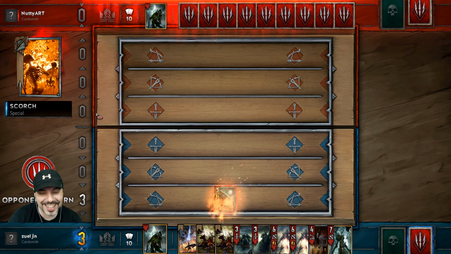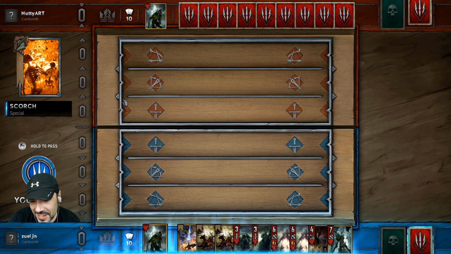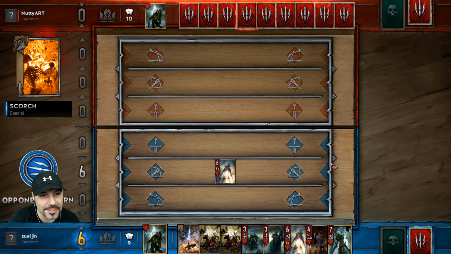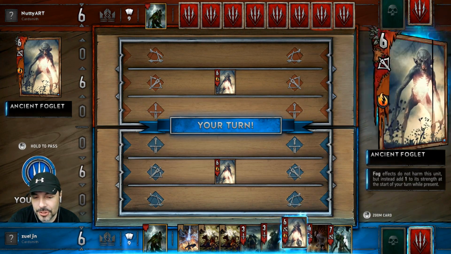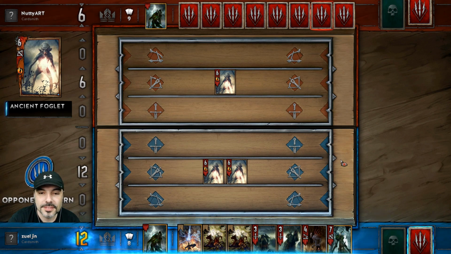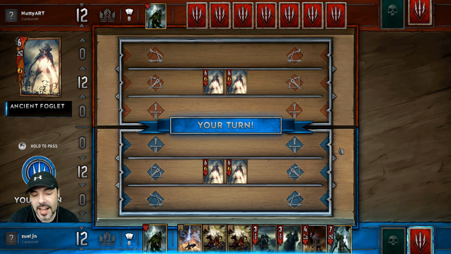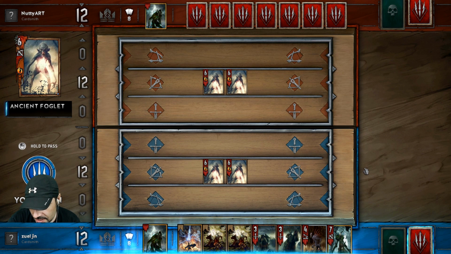Yep. That's what I thought. Alright, that's okay with me. Let's go ahead and play an Ancient Foglet. We have 2, though. So if he plays fog, it's actually going to benefit us more. Okay, so I tell you what, let's go ahead and do...